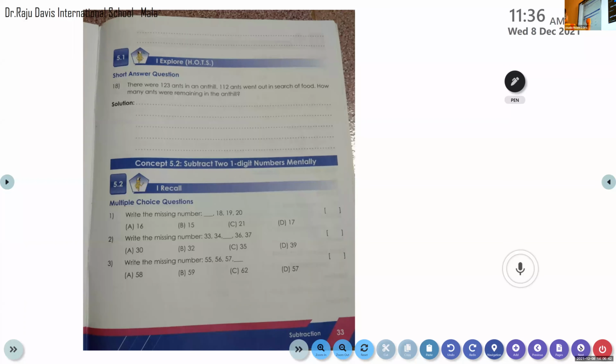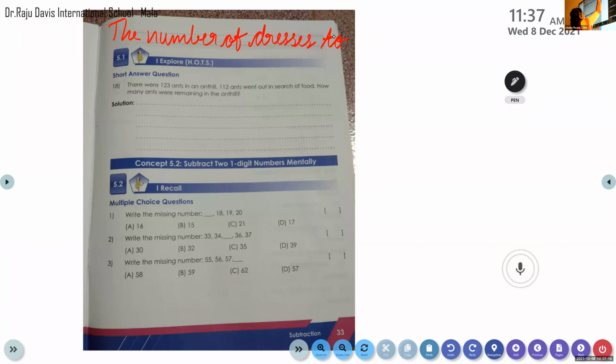Okay, let me move to the next page. The third step I'm going to write here. The third step is the number of dresses to be stitched. Those not completed, it's okay, I will send in the group. So at that time you please copy. Now you write this one: the number of dresses to be stitched.